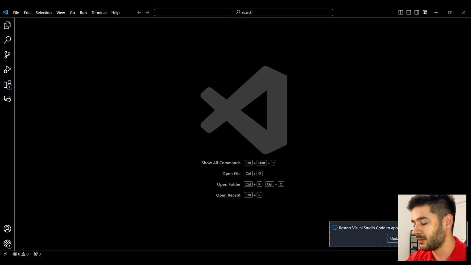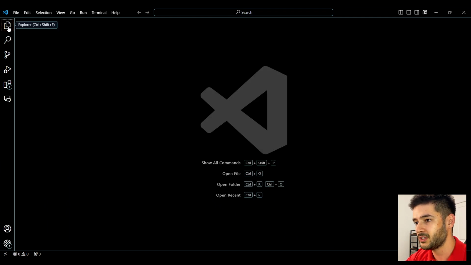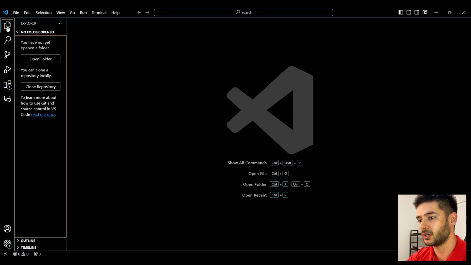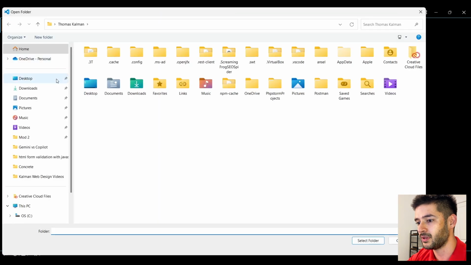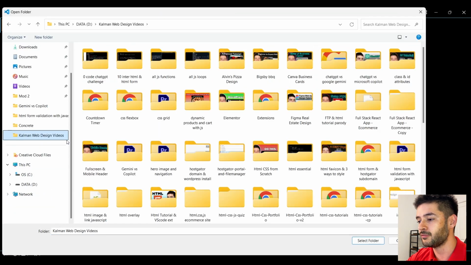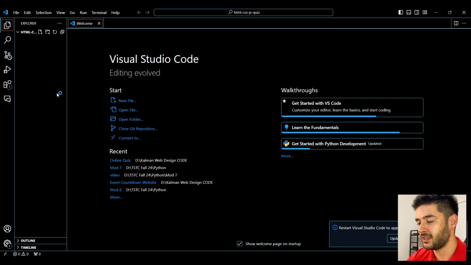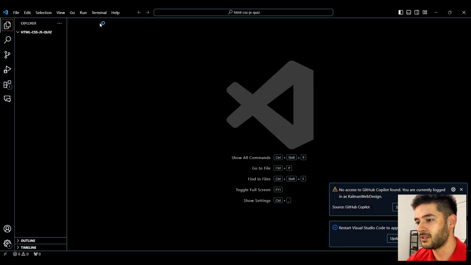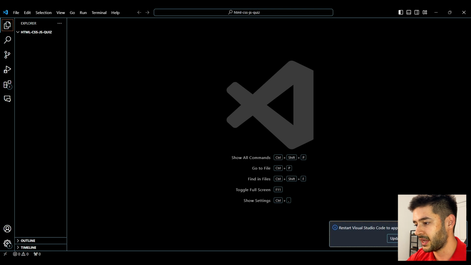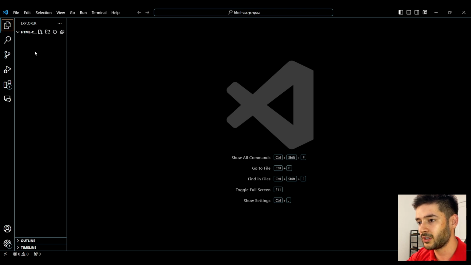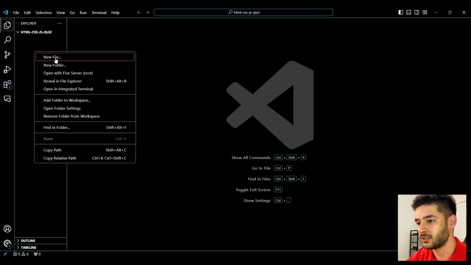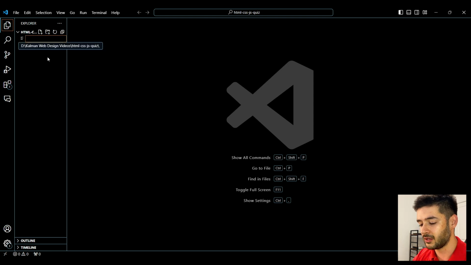Once I get it open, I'm going to close out of all of this information. And from here, what I want to do is make sure that my File Explorer on the left side is open. And here I can go ahead and click Open Folder and open the folder where I want to create this quiz. Once I have this open, I can go ahead and close out of this welcome page, get rid of all these errors down in the bottom right corner, right click in my File Explorer, click New File, and